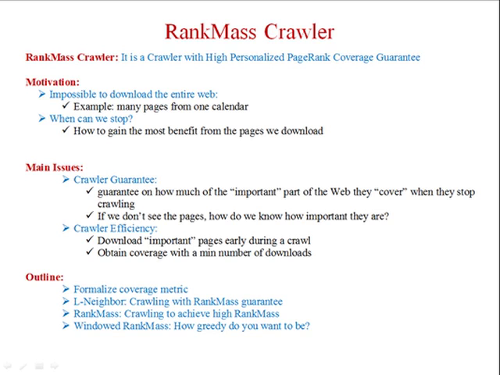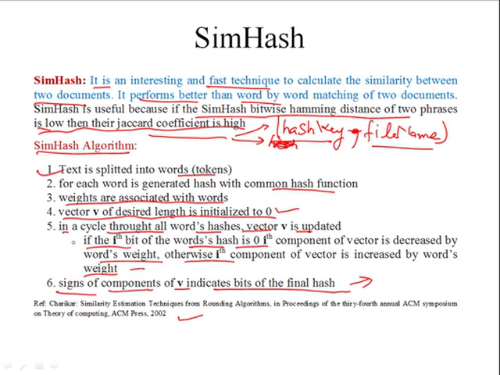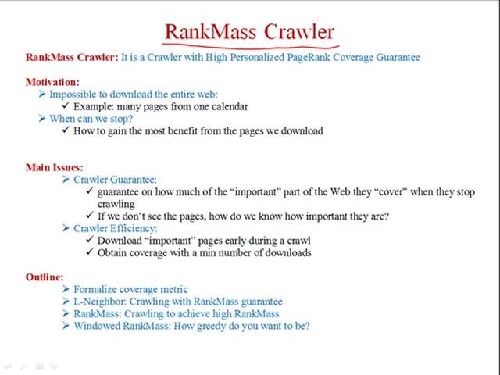Now I will go through a simple example of a crawler like the RankMass crawler. Actually, the SimHash function is just used to calculate the similarity between two pages so that we can take a decision whether to discard that page or to keep that page. The RankMass crawler is a crawler with high personalized page rank coverage guarantee. Main motivation: